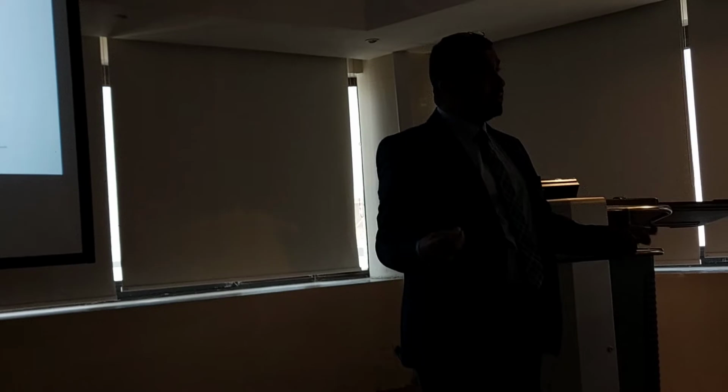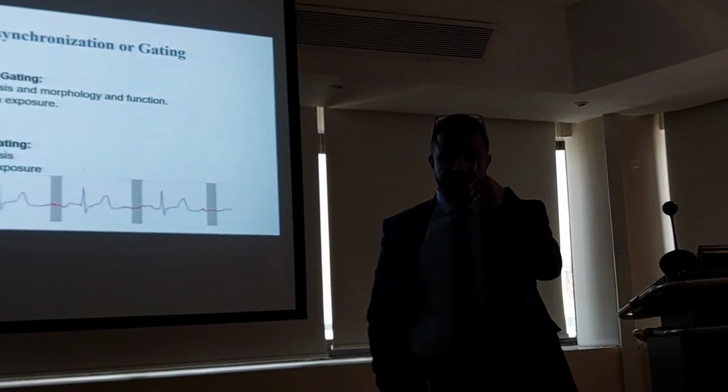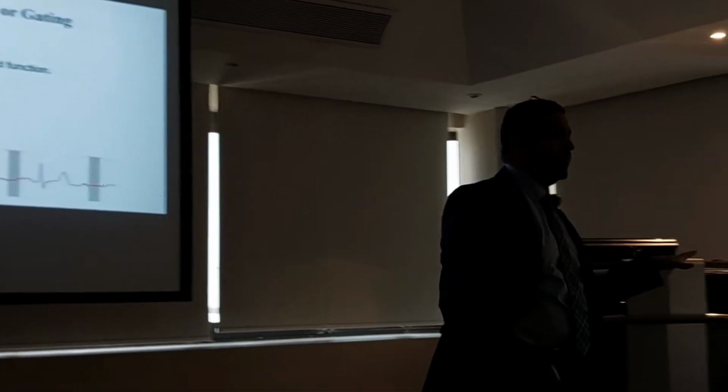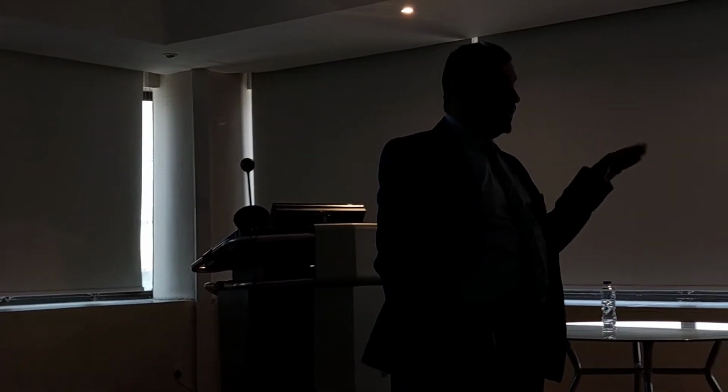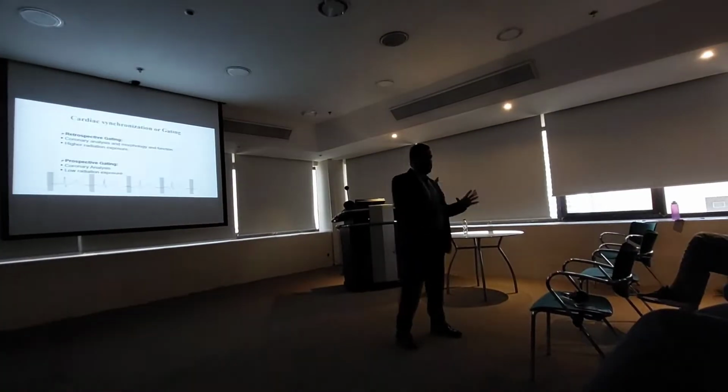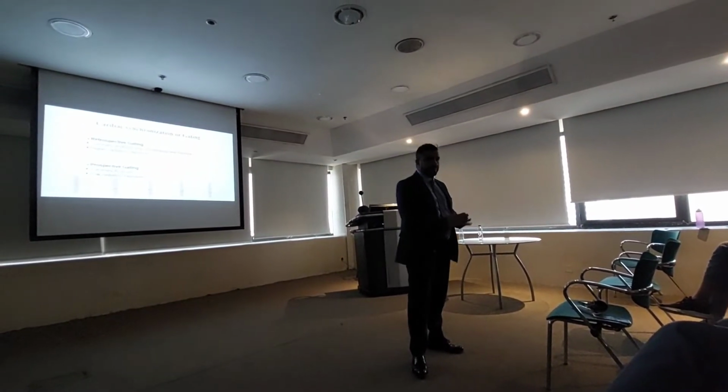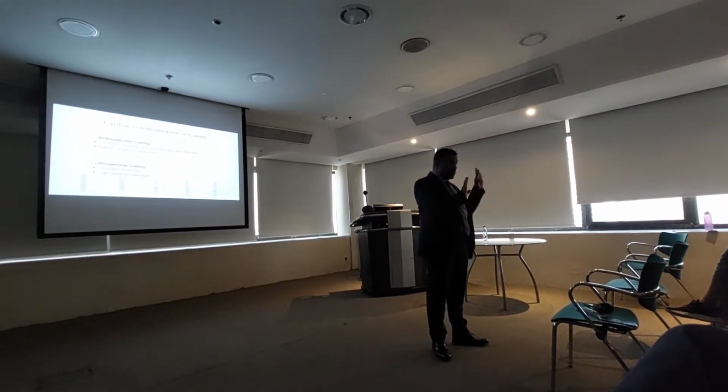So the total scan time is longer than retrospective gating, but it's less radiation because the exposure is not continuous. The heart rate should be less than 65, not more than 65, otherwise you have to do retrospective gating, and there should be no variation as much as possible. Maximum up to 5 beats you can take. If my patient is 65 beats per minute or less, and the heart rate is not varying more than 5 beats,